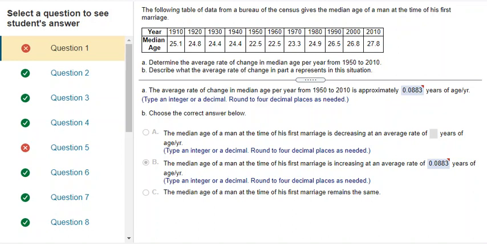This is a look at some of the questions from the Chapter 1 Cluster 2 pre-assessment. So I had a couple questions about this one. The first one, question 1, was asking us to determine the average rate of change between 1950 and 2010. So we're specifically looking at the ordered pairs (1950, 22.5) and (2010,